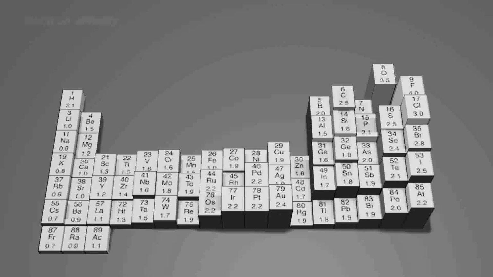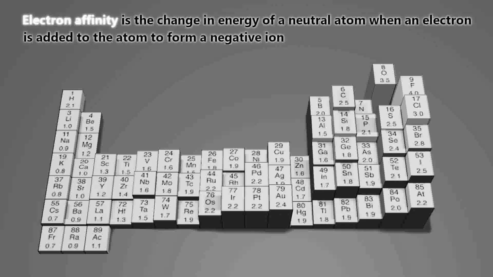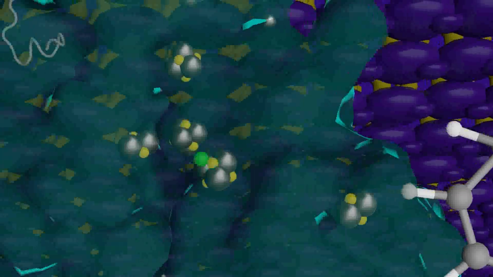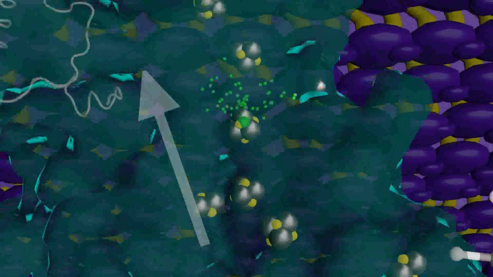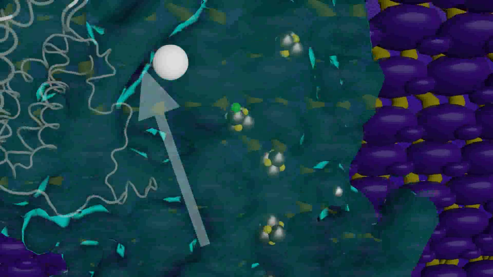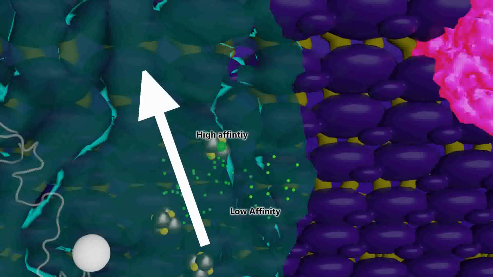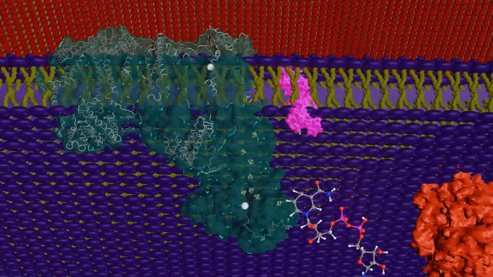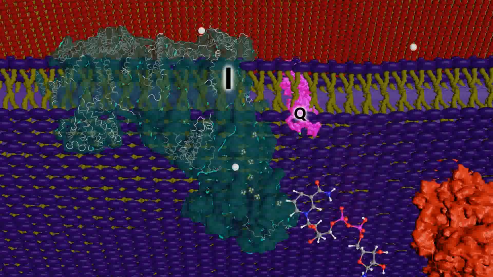And so again, that goes back to the electronegativity scale that we looked at, which is a measure of the energy release when we add an electron to the outer shell of these elements. And so for molecules, depending on the type of molecular structure and everything, they have their own electron affinity. So complex 1 is going to have multiple iron sulfur clusters and cofactors that are ordered from low affinity to high affinity. And so we're going to be transporting that electron through, and that energy is going to power hydrogens through complex 1. So as we see these electrons jumping from cofactor to cofactor, the electrons finally are picked up by ubiquinone,